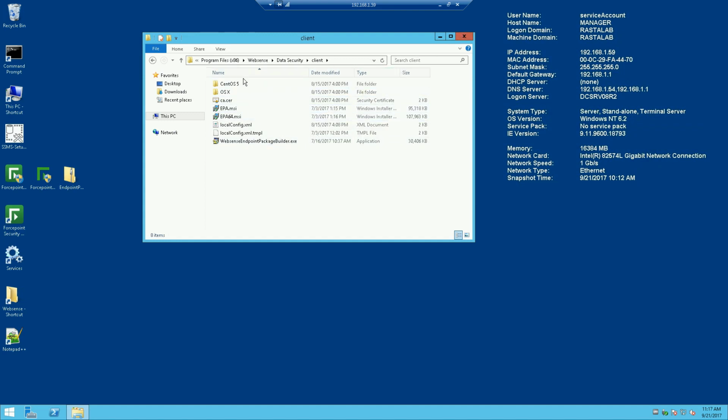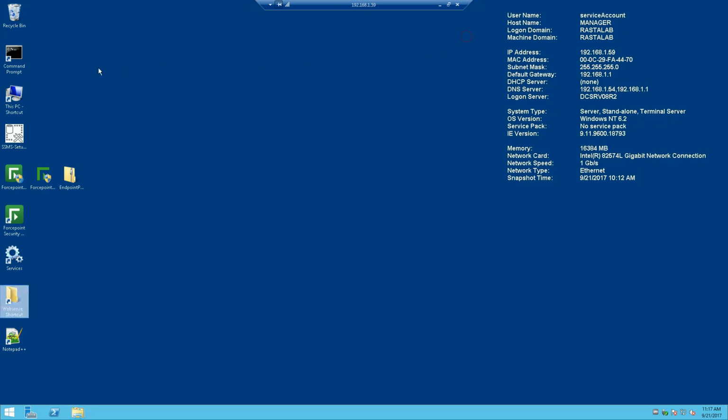But because we roll out different updates to our endpoint package builder and our endpoints themselves, I usually recommend only using this if you are installing a Forcepoint solution that has just been released. So if 8.4 had just come out and I was going to install that, then I'd be comfortable with just grabbing the endpoint package builder from the actual directory itself. However, to always stay as up to date as possible, what I recommend doing is going onto our support site,